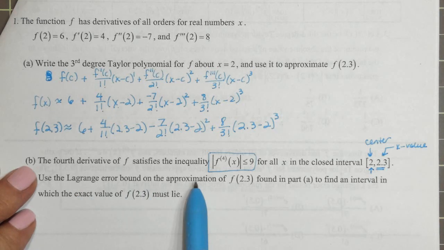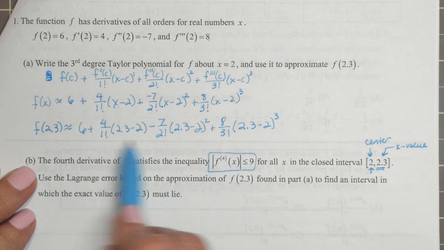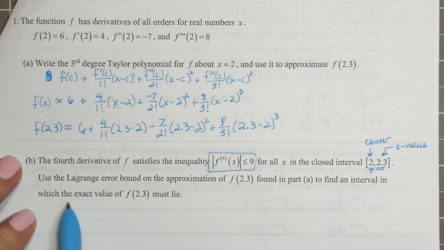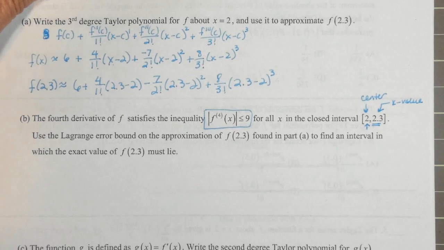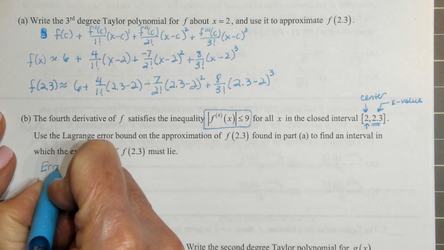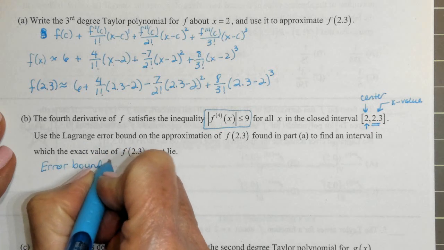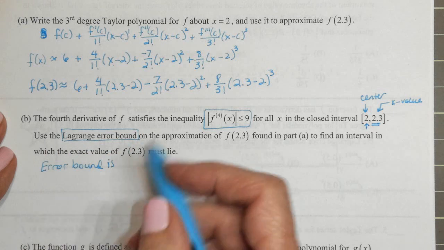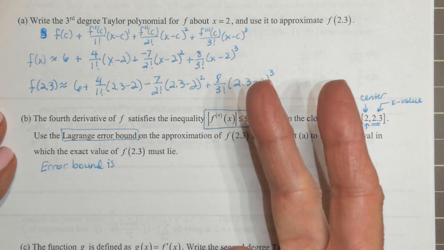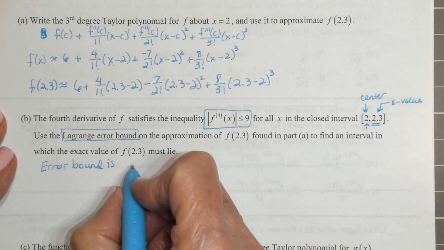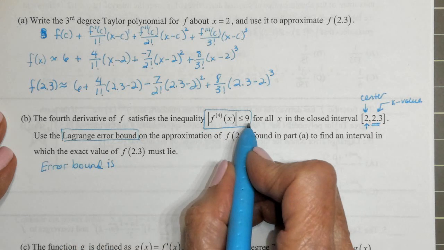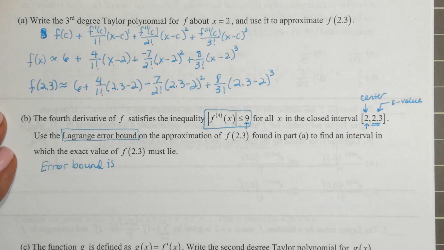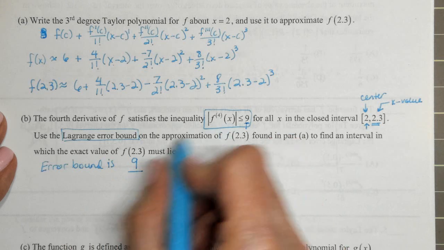Use the Lagrange error bound on the approximation of f of 2.3, found in part A, to find an interval in which the exact value of f of 2.3 must lie. All right. Well, the error bound, okay, here it comes, Lagrange error bound. What is the form? It's the form of a Taylor term. Derivative, factorial, power, all match. This is the maximum fourth derivative, which they gave me. This is the easiest kind because they just gave it to me. The maximum fourth derivative is 9 divided by 4 factorial